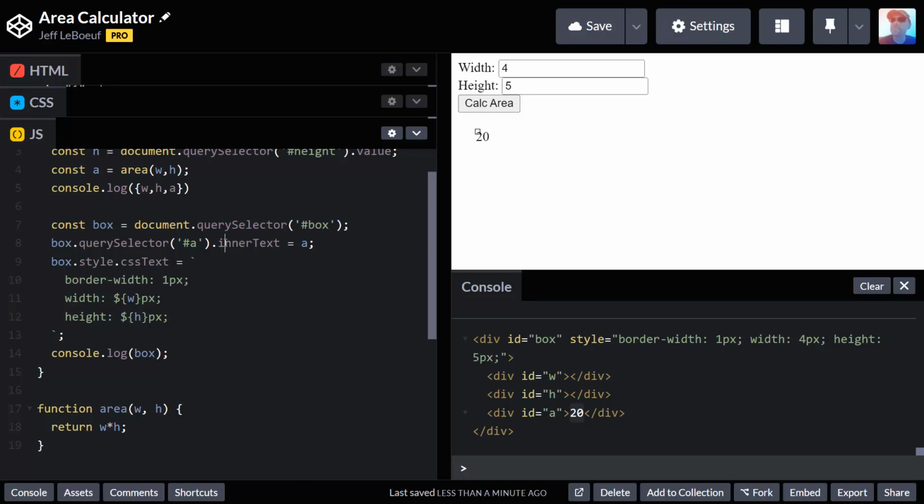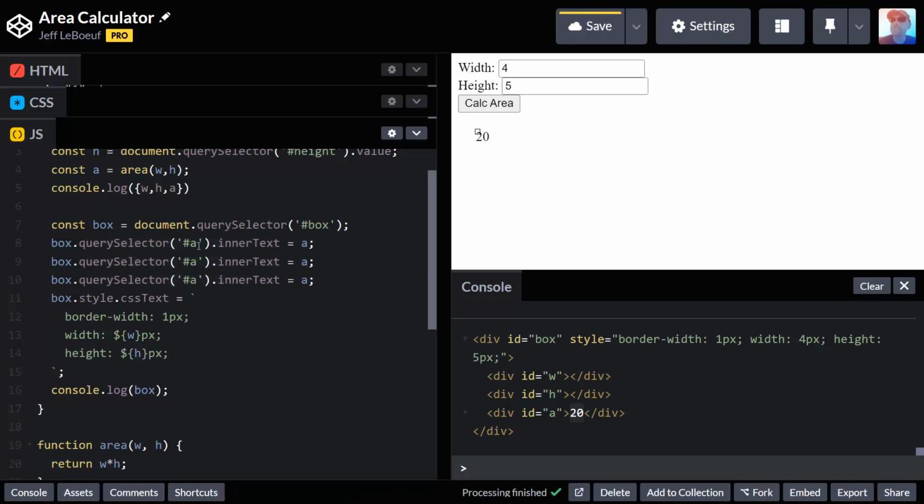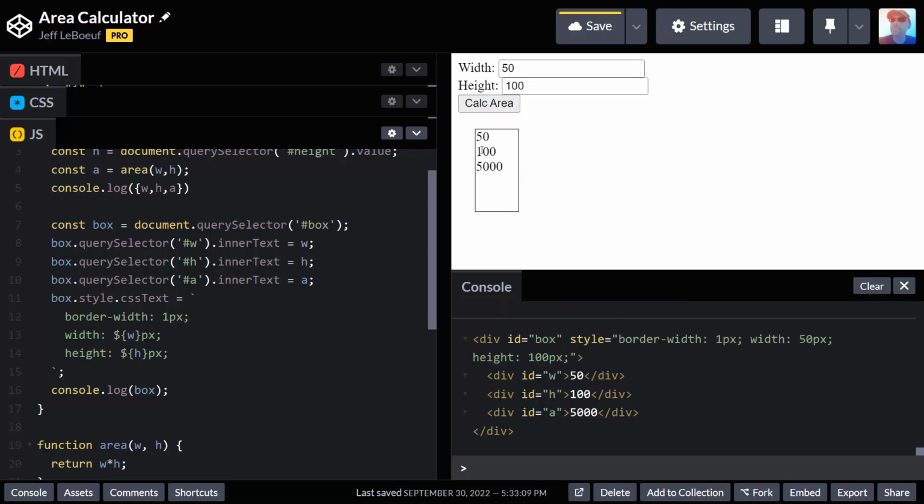Now let's go ahead and use this technique for the width and height. So let me copy this, and I'm just going to paste it and paste it. And then what I'm going to do here is control click over here, and we'll do width, we're going to control click here, and we'll do height. Okay, so let's try this. We'll do 50 and 100, and I'll calculate the area,